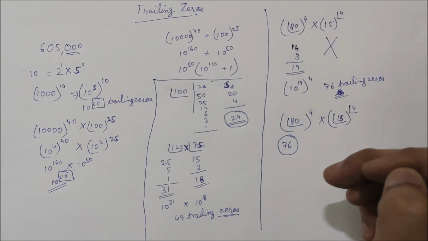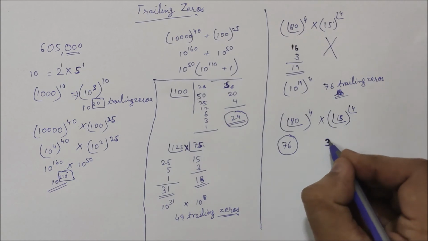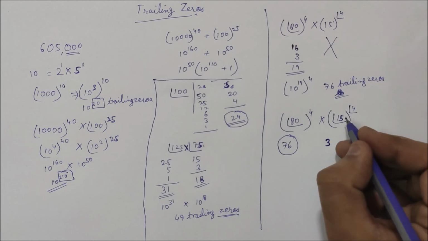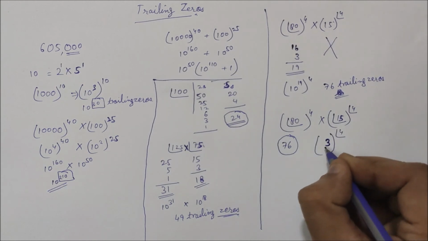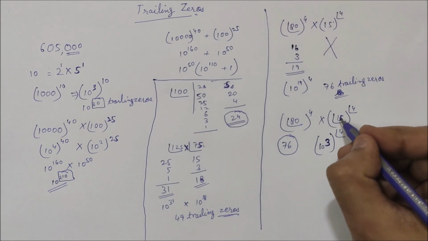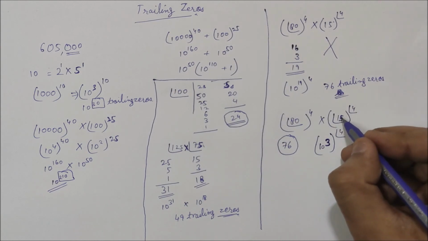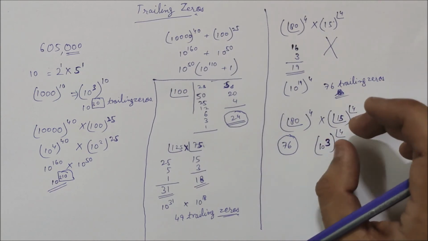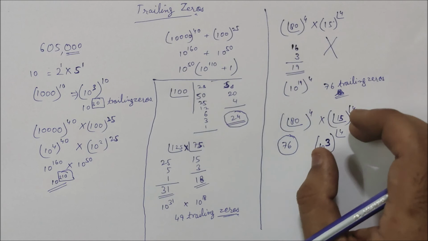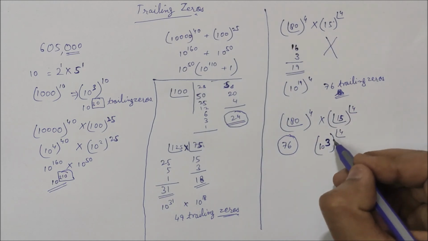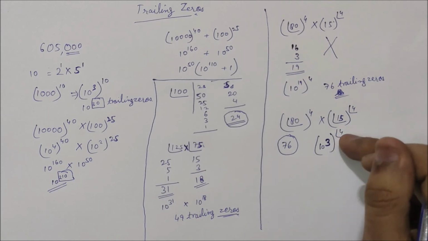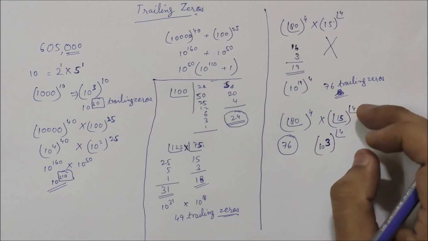Factorial 15 when divided by 5 will give me 3. So I can say there are 3 trailing zeros present in factorial 15 itself, and this is raised to the power of factorial 4. So this is 10 to the power 3 raised to the power of factorial 4. Since there are ample number of 2's present, that means 5's are in short supply. So the number of 5's present is the same as the number of 10's that would be present in factorial 15 itself. So I've come to this point, 10 to the power 3 raised to the power factorial 4. These are the number of trailing zeros present in this part of the expression.